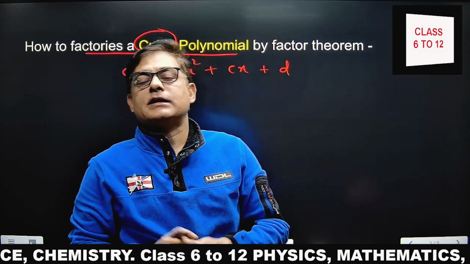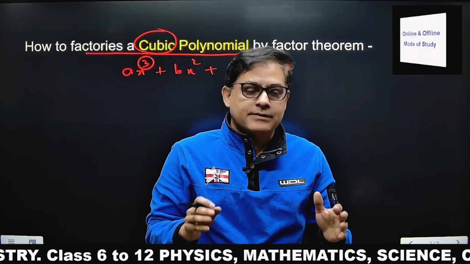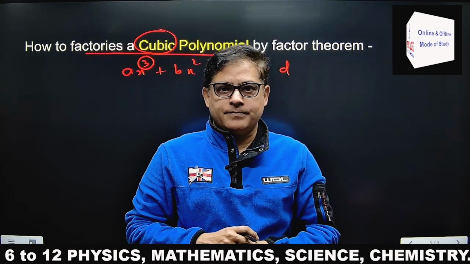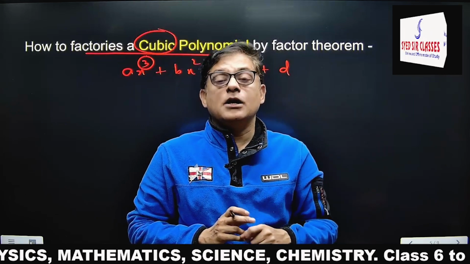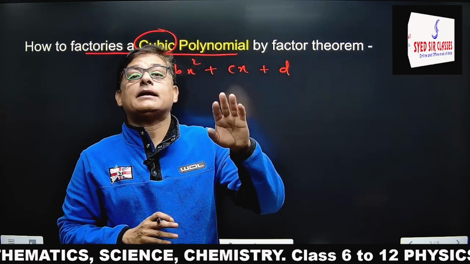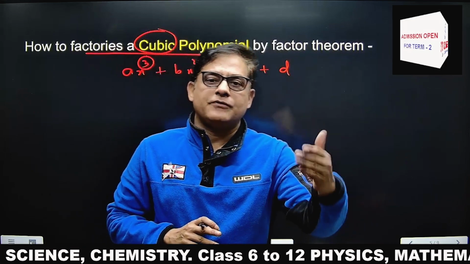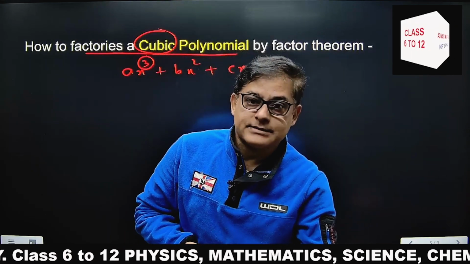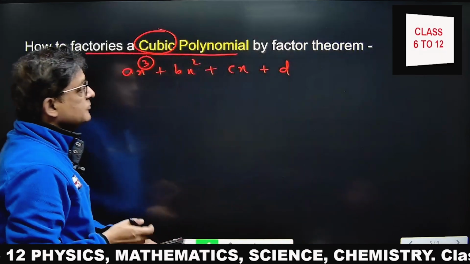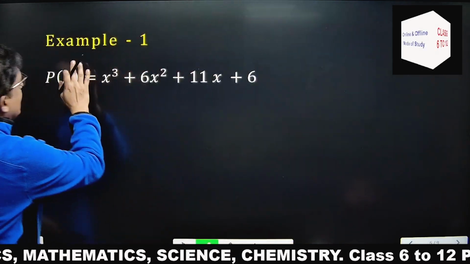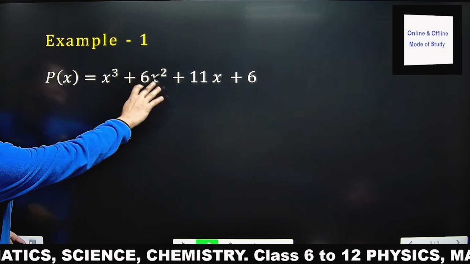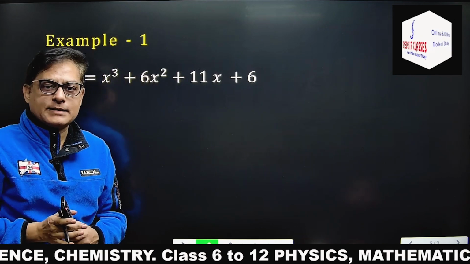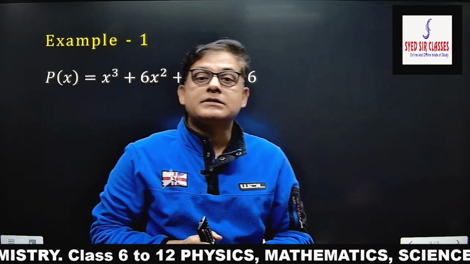Factor theorem says that if we divide a polynomial by one of its factors, I'll let you know how to get that factor, and we are getting remainder as 0, we call it by factor theorem, we can find out all its factors. I illustrate it with some example. For example, this is x cube plus 6x square plus 11x plus 6, a polynomial which needs to be